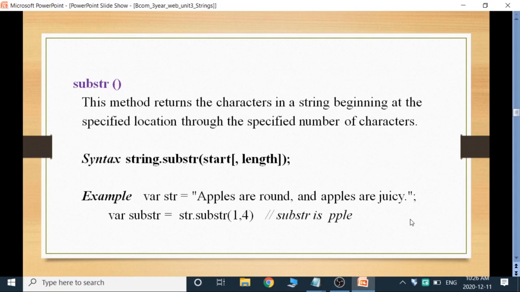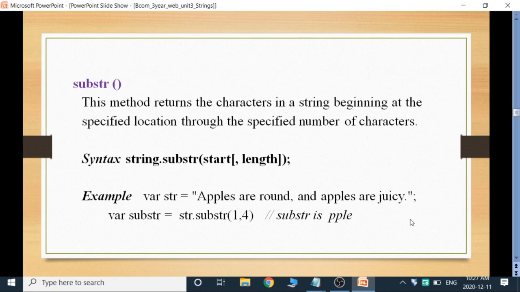Next one is substr. This method returns the characters in a string beginning at a specified location through the specified number of characters. Here substr has start and length. Start specifies the location at which to start extracting characters, whereas length is the number of characters to extract.